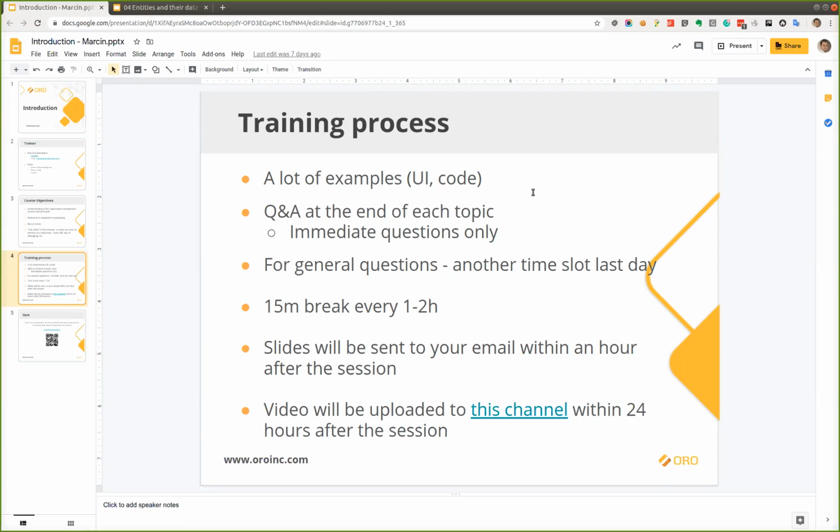Okay, so the training process, just to remind you, we're going to talk about the ORO fundamentals. I will try to show you as many examples as possible. Some of them will be in the UI, some of them will be in the IDE. At the end of each topic, there will be a short question and answer session. It will be only for immediate questions. So if I'm not able to answer immediately, I will ask you to